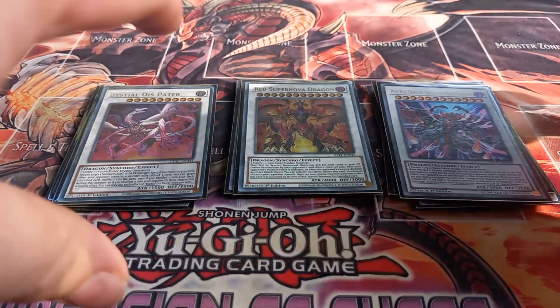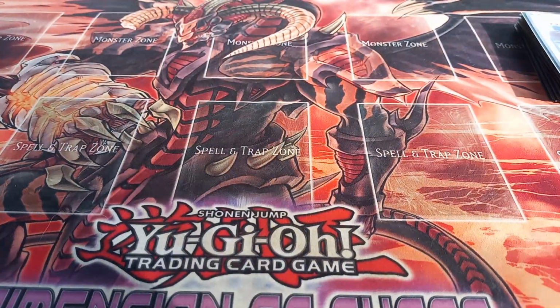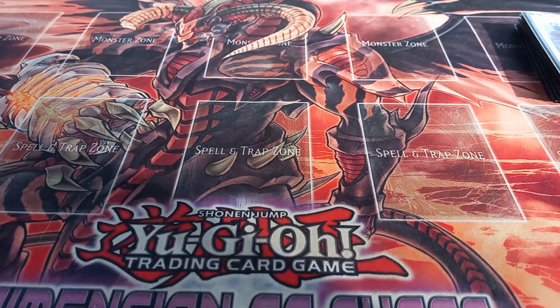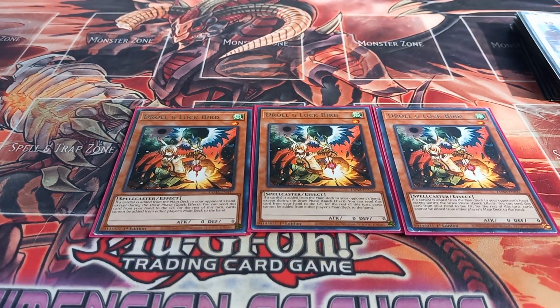And that is it for the extra deck. Moving on to the side deck, because I want to get people's actual opinions on the side deck. For the side deck, I play 3 copies of Droll Lockbird. This is mainly used just to hit combo decks, as if your opponent adds a card from their deck to their hand, except by their draw phase,